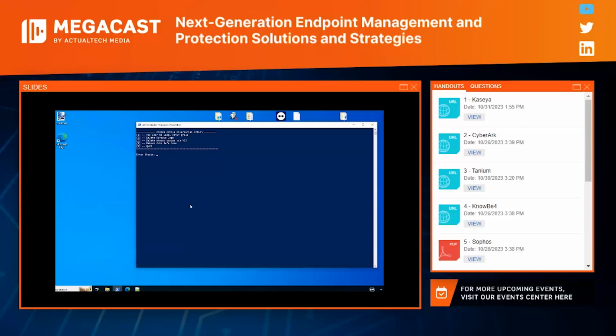The first is let's go ahead and add a user to a local admin group. So I'm going to do that. You can see here the commands that were being run. The first is we're going to create a username backupadmin3 with this password, and it was successfully completed. And then the second one is we're going to add that user to a local group called administrators. And you can see that was successful as well.